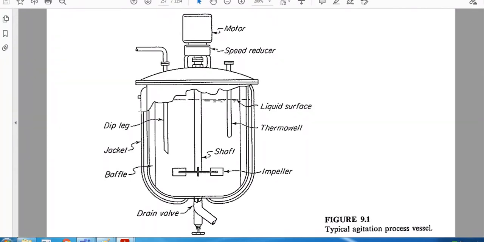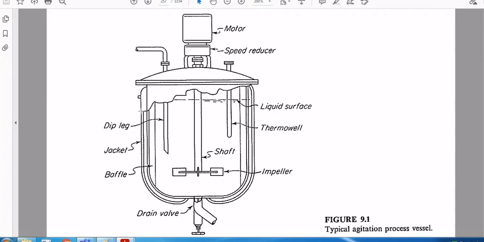Then you send the chilled water. Now, why are you sending chilled water? According to the first law of thermodynamics, whenever work is done on a system, the system temperature increases. So continuously when you are pumping a gas through water, what will happen? A stage will come when the temperature increases. And you know very well, when the temperature of the gas and liquid increases, the solubility of the gas in the liquid decreases. To counter this, what should you do? You should send chilled water to the jacket. So you maintain the temperature of the reactor at a low temperature. Room temperature is 25 degrees centigrade; maintain at 20 degrees centigrade. And now you send ammonia.